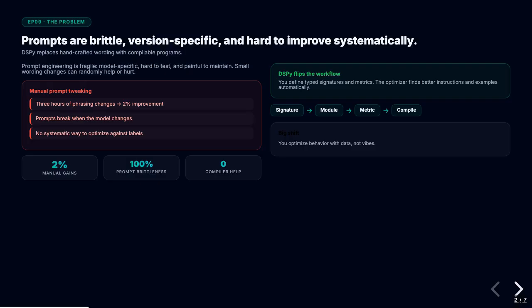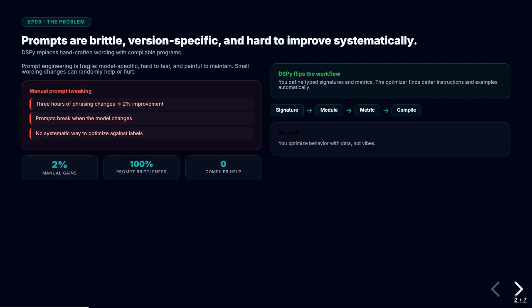The core abstraction is the signature. A signature is a typed declaration of your AI task. You define it with a docstring and annotated input-output fields. Here is what it looks like. You write a class called QuestionAnswering that inherits from dspy.Signature. The docstring becomes the task description: answer the question based on the given context.